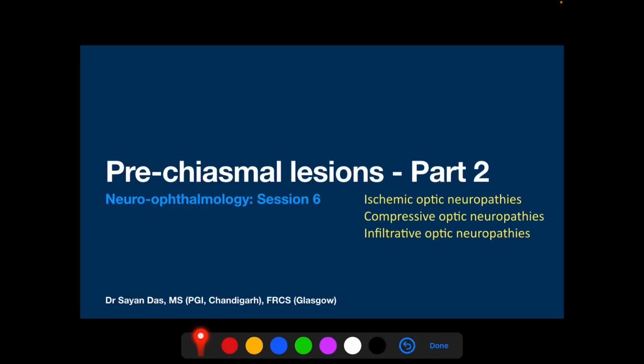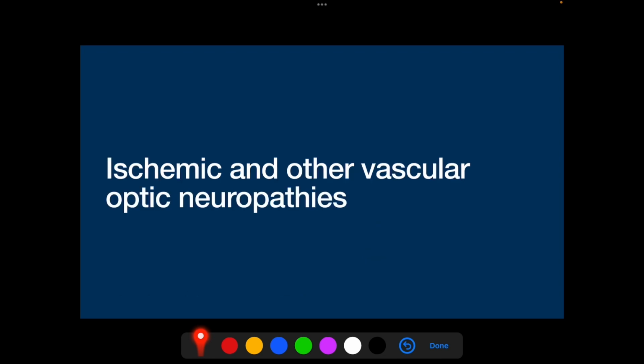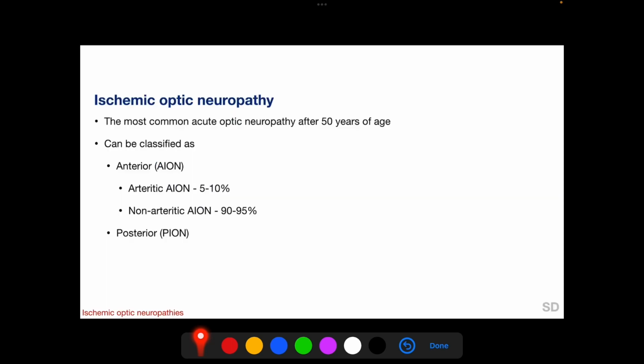Welcome. In this second session on prechiasmal lesions, we will be discussing ischemic optic neuropathies, compressive optic neuropathies, and infiltrative optic neuropathies. Starting with ischemic and other vascular optic neuropathies, ischemic optic neuropathy is the most common acute optic neuropathy after the